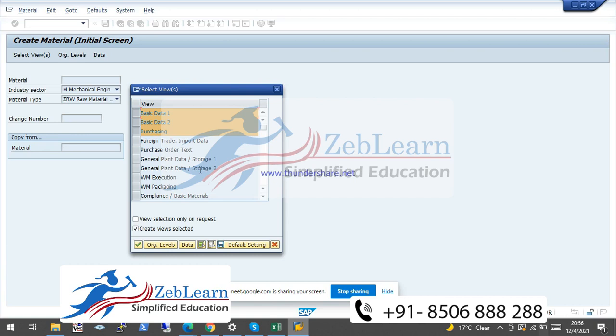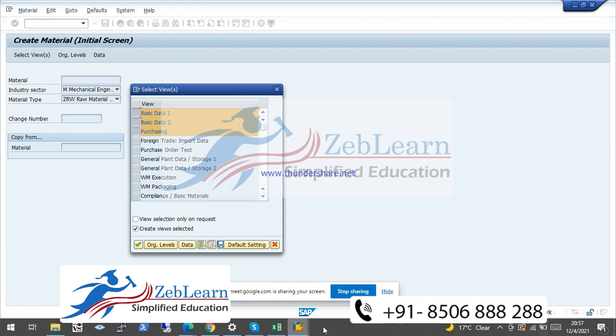Okay, where can we benefit, or how can we use this type of customization? Like if you know finished goods, only finished goods we can sell. Okay, so only for the finished goods material type do we need a sales view.